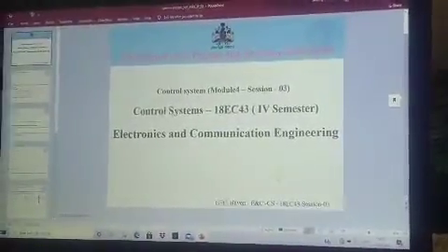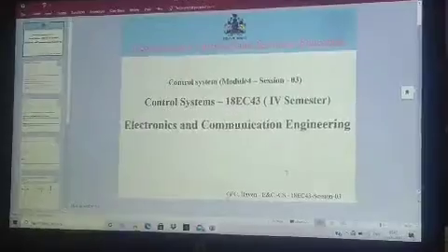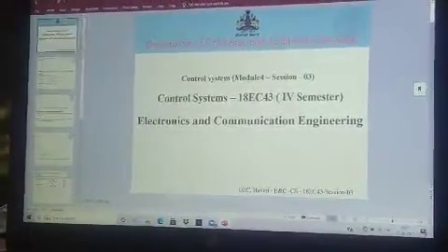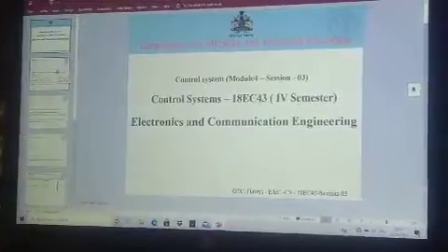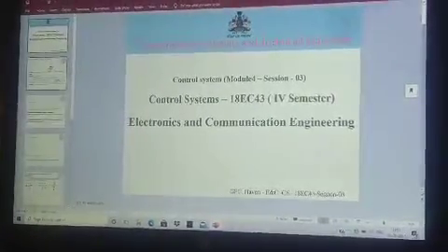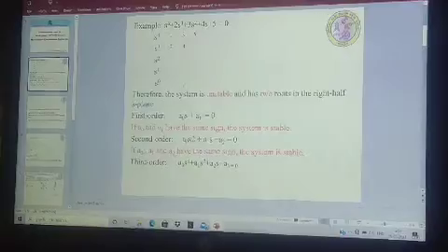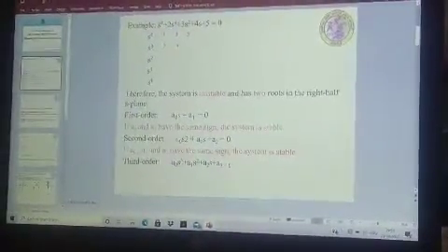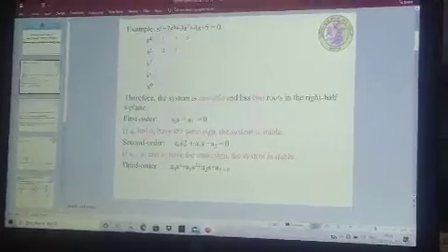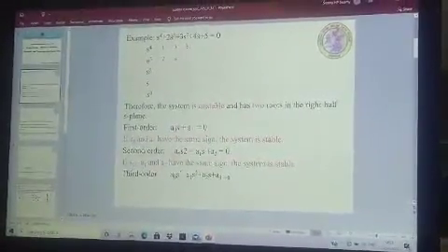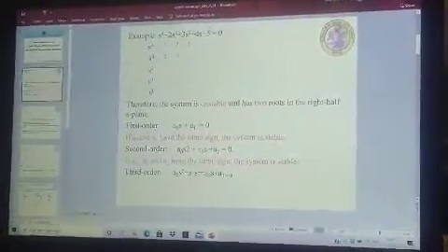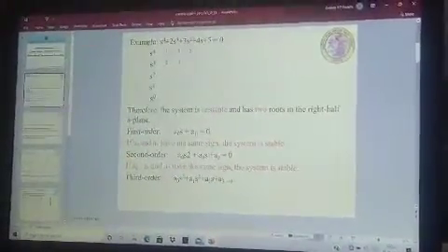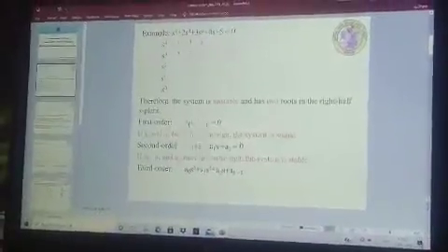So this is a continuation of our Routh arrays, that is in session 3. I would like to start with a continuation of the previous session's discussion. The example I have taken here is s to the power of 4 plus 2s to the power of 3 plus 3s square plus 4s plus 5. It's an example of a characteristic equation which we are going to solve by the Routh-Hurwitz array method by using